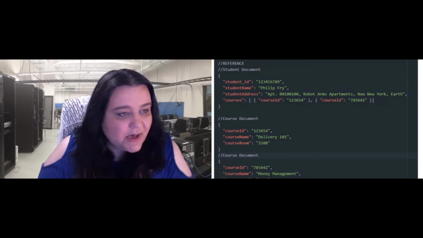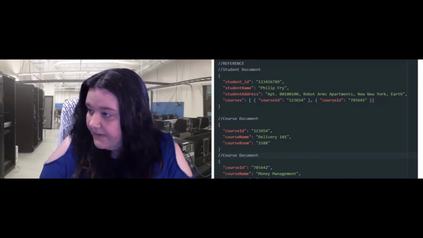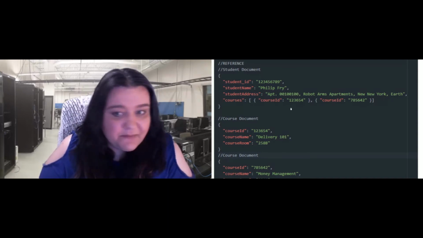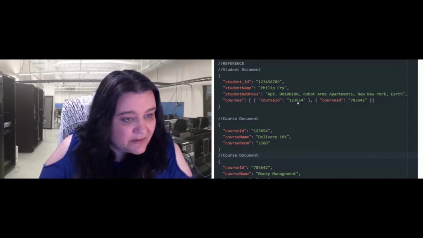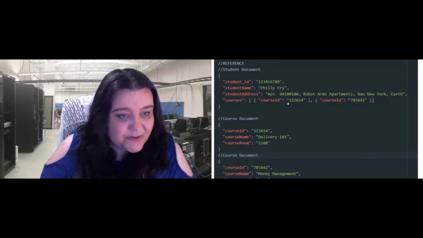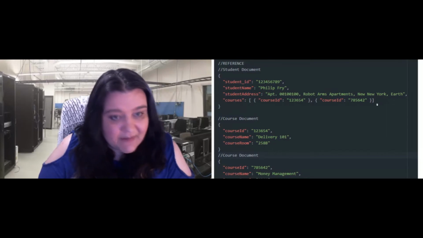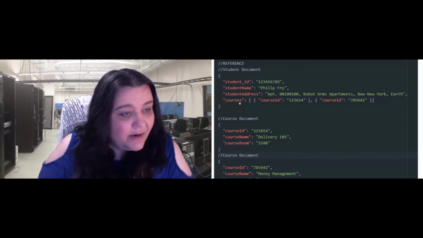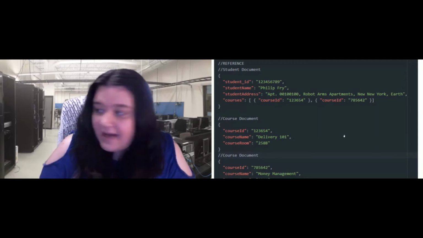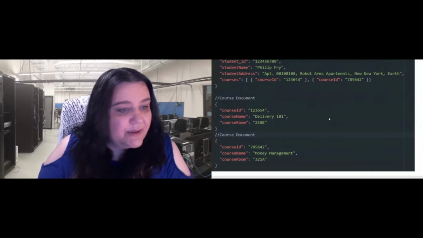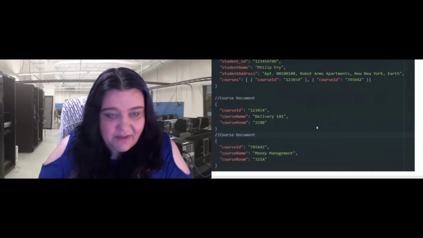So the student document has the student information, but you'll notice now instead of the complete course information, it's more of a traditional relational database type structure where we are referencing an ID of a course. And then we have the course documents below that have the expanded information.